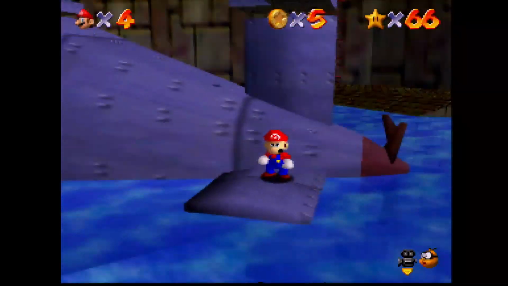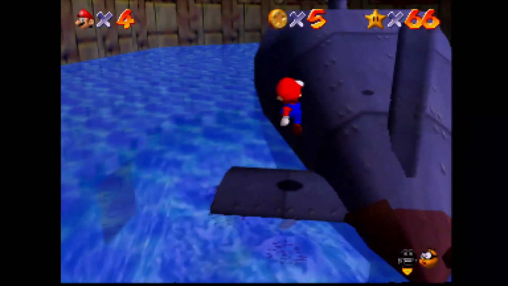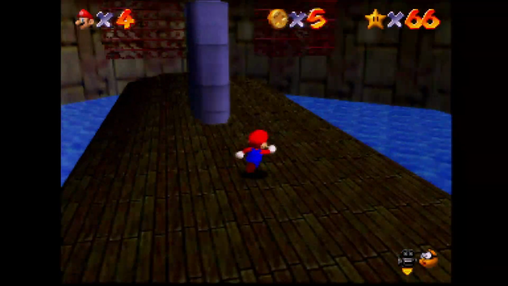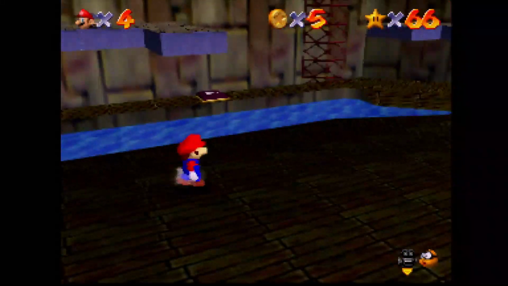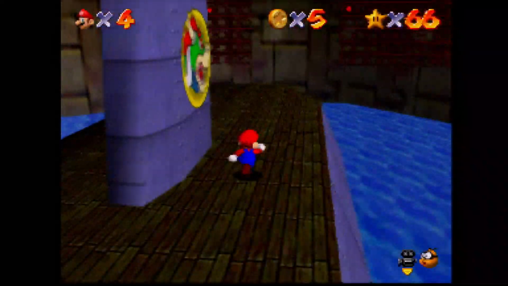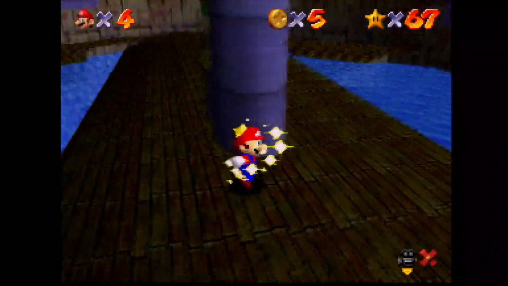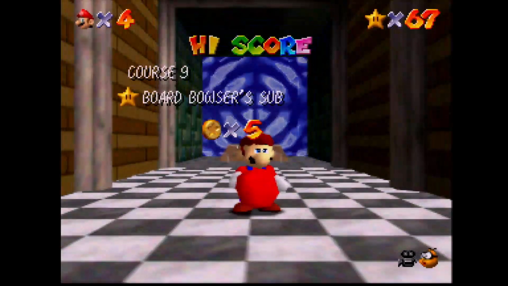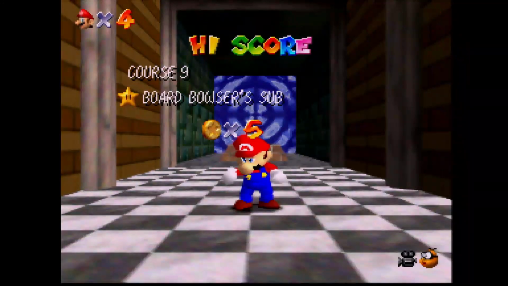Now here's a fun little shortcut you can do. If you can triple jump up that thing, because normally you have to use that switch down there to make steps, but just do it this way. And doing this star is going to open up the second Bowser,